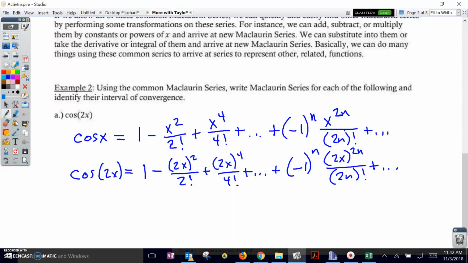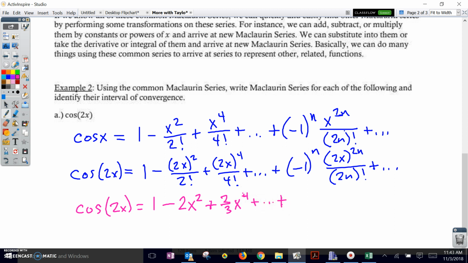And what I'd like to do is just simplify this and clean it up a little bit in the early terms. So we've got cosine of 2x equals 1 minus, and that's going to be 4x squared over 2, which is just 2x squared. And then the next term is going to be quantity 2x to the 4th. That's 16x to the 4th over 24, or 2/3 x to the 4th,